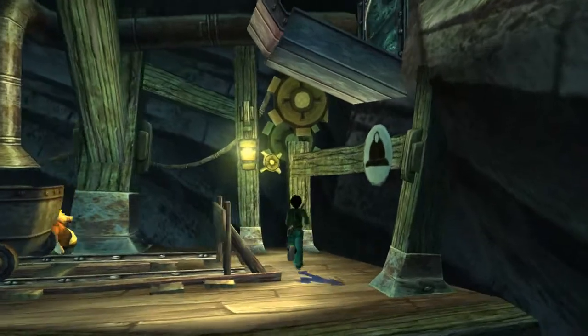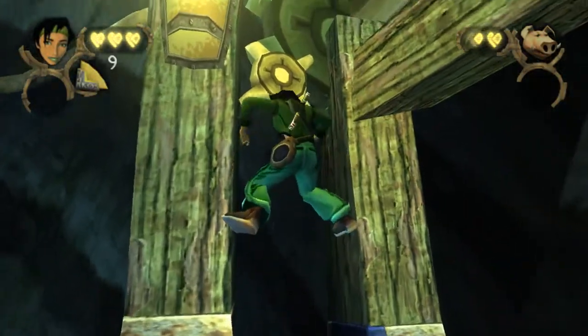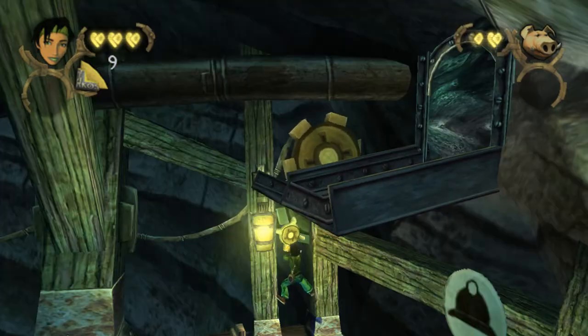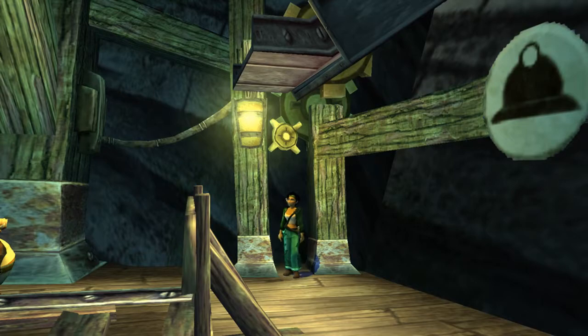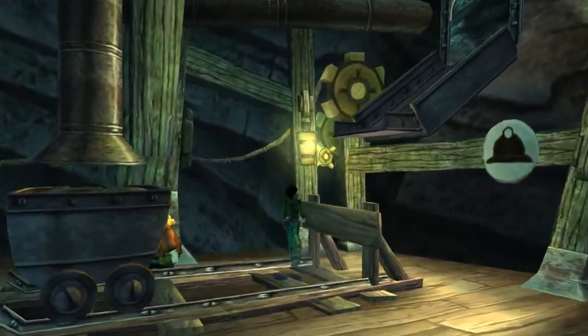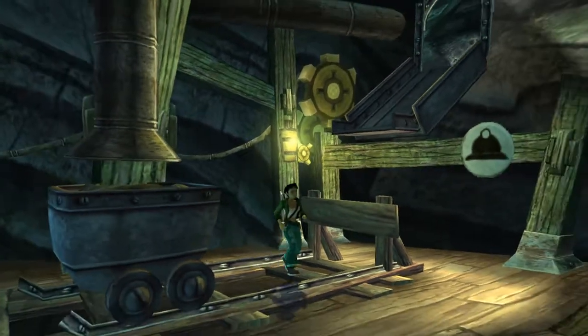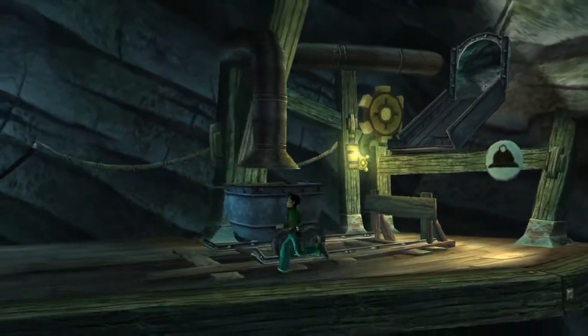Okay, I guess we aren't going... Oh, no, wait, there's an action thingy here. I was going to say, I guess we're not going left, but... Yes, or not going right. But yes, we are. Now, the question is... Can we push this thing? I get the feeling that...